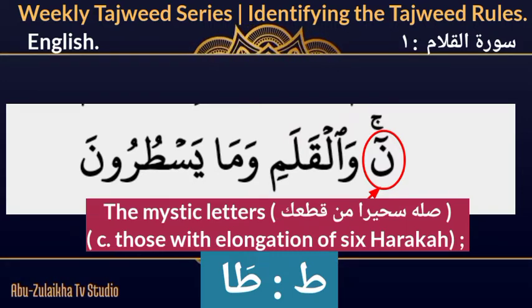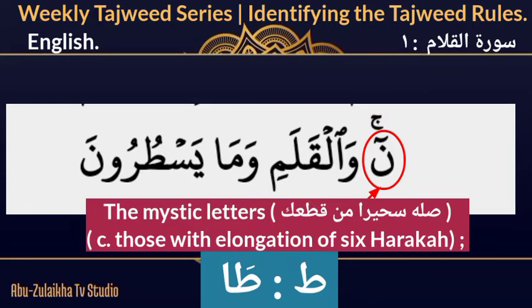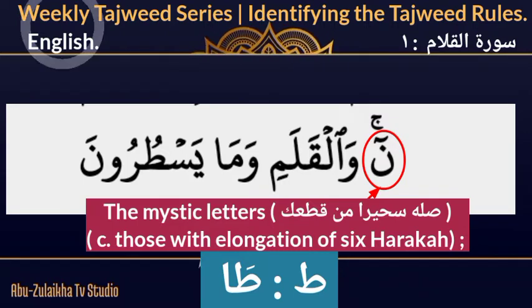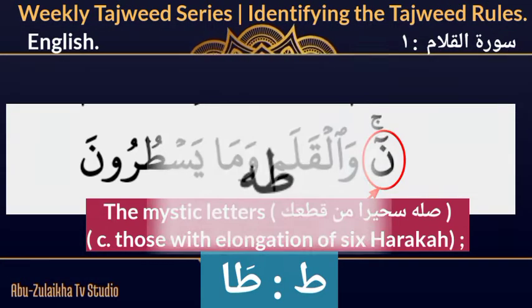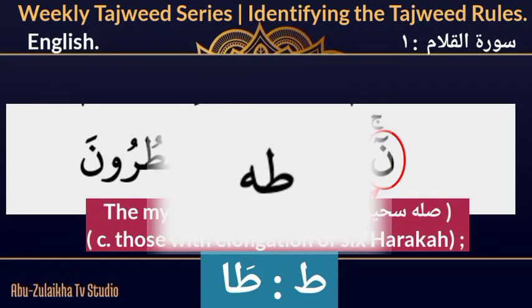So now, how are you going to elongate this one? You are only going to elongate it as in the case of madul asli, right? That is the second group, as I made mention of earlier. So letter ta as a letter of the huruf muqatta'at, when you come across it in the surah, you are only going to elongate the name of the letter for the duration of only 2 counts. As in the case of this surah, you are going to say Taha. Do you understand? Taha. So that is how we are going to say it.